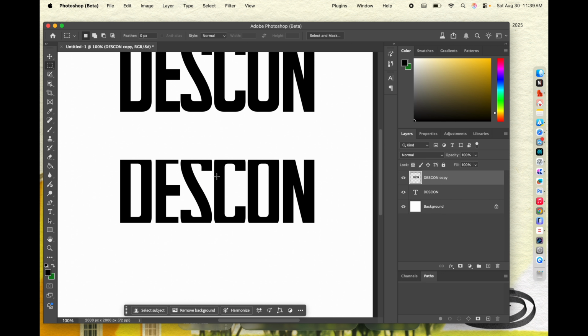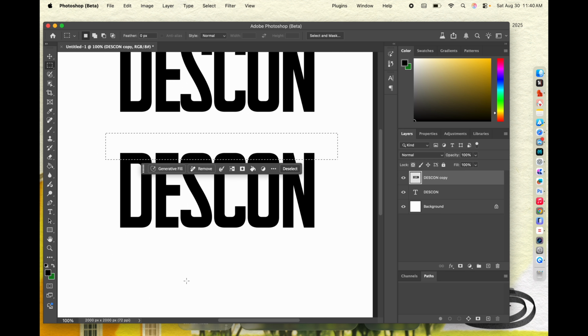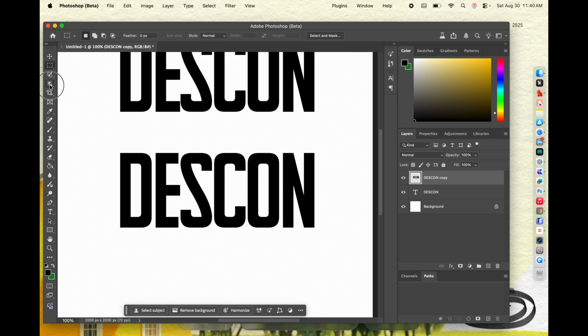But what I will do here is that I'm just going to make the edges a little uneven. Let's see how that works, right? So let's bring back the portions that we cut. I'm going to take a polygonal lasso tool. I'm just going to go in and I'm going to not make it a very proper cut, but just roughly cut the edges here. I'm not going to do it on the sides, but